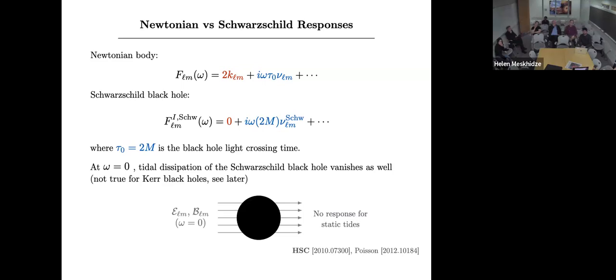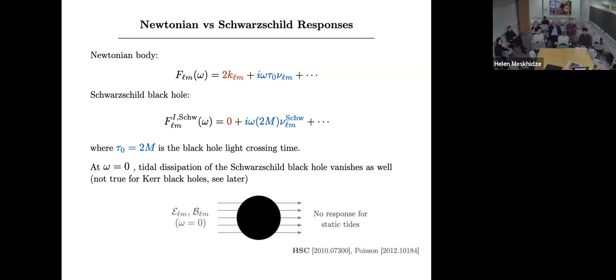One interesting fact that's unique to Schwarzschild black holes is that in the strict static limit, when omega is zero, not only do the leading-order dissipation terms vanish, but all higher-order corrections, the omega squared, omega cubed terms, vanish as well. And the Love number here is zero. So it's interesting that somehow for a Schwarzschild black hole in the strict static limit, it does not respond